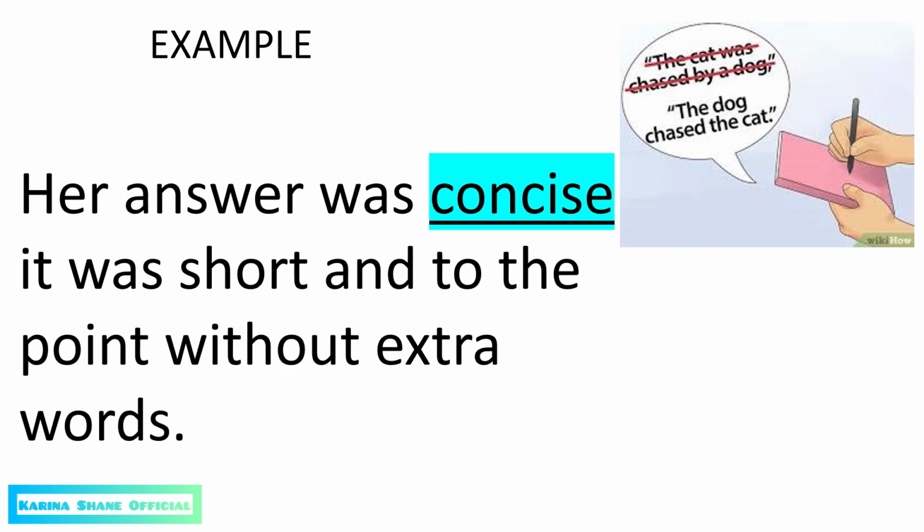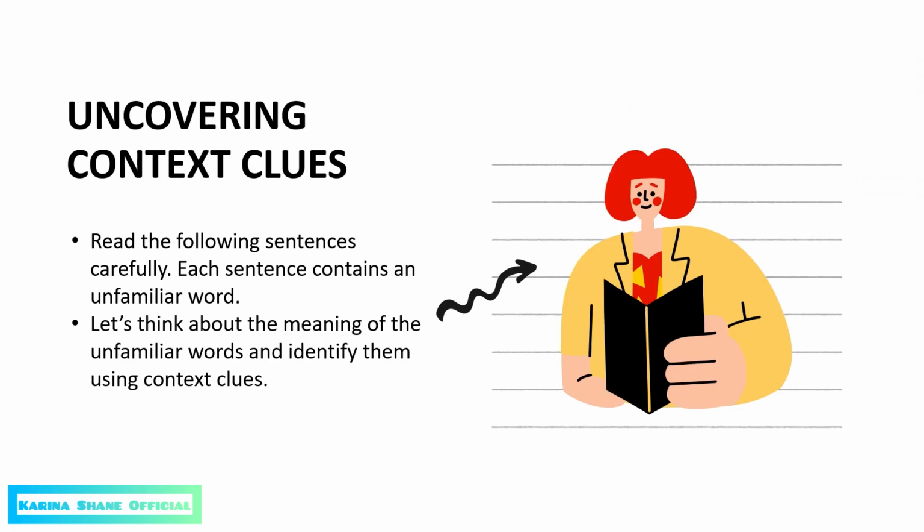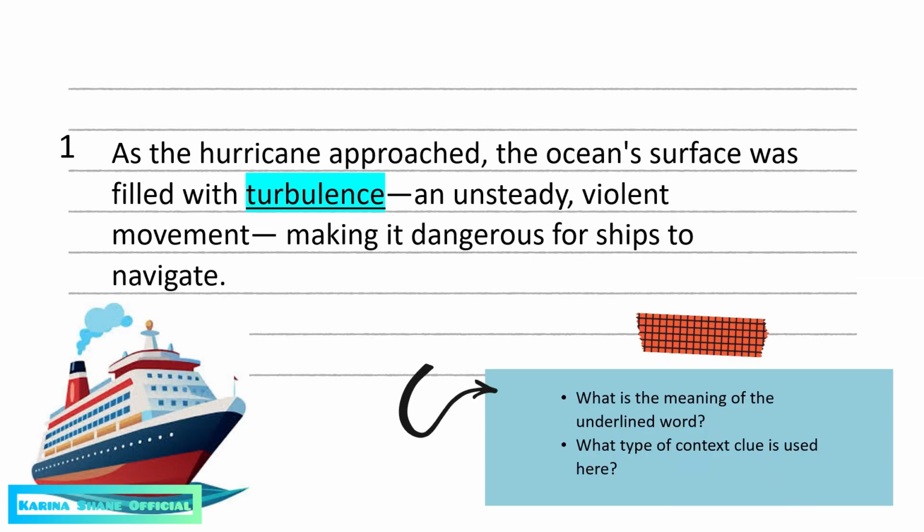Now, let's uncover context clues. Are you ready? Read the following sentences carefully. Each sentence contains an unfamiliar word. Let's think about the meaning of the unfamiliar words and identify them using context clues. Number 1. As the hurricane approached, the ocean surface was filled with turbulence, an unsteady, violent movement, making it dangerous